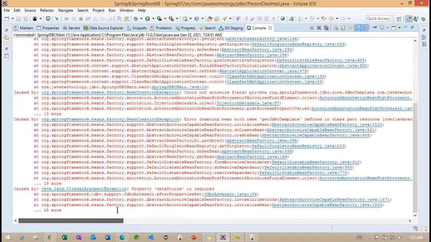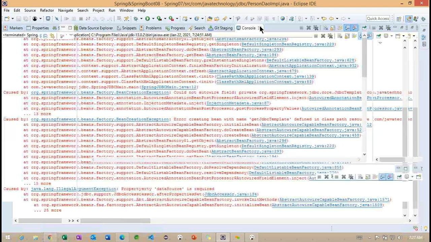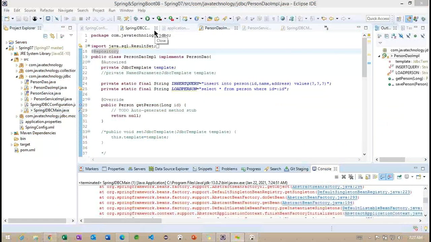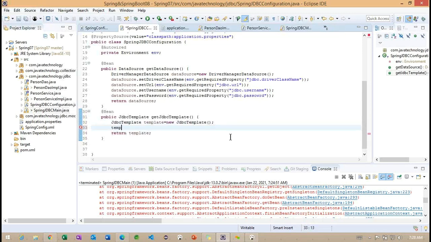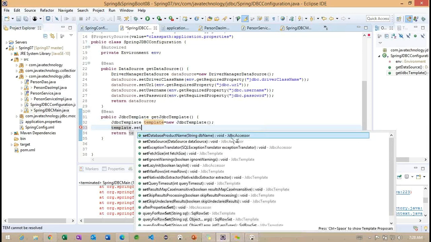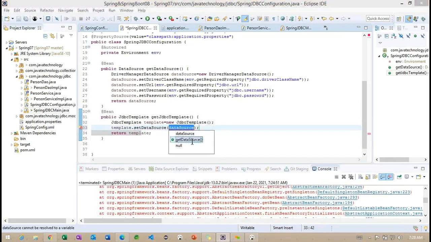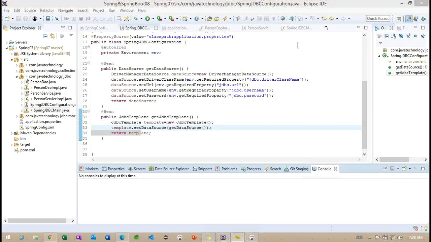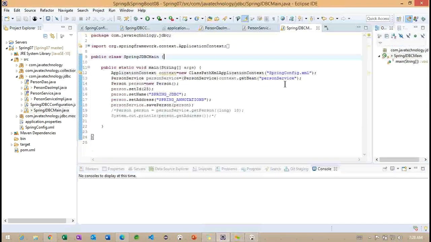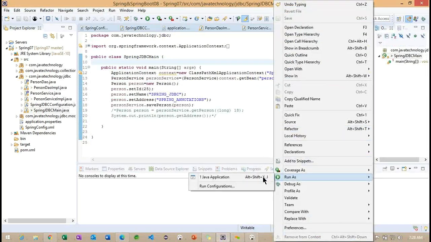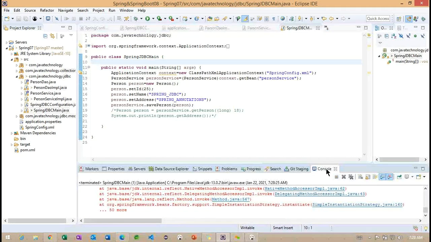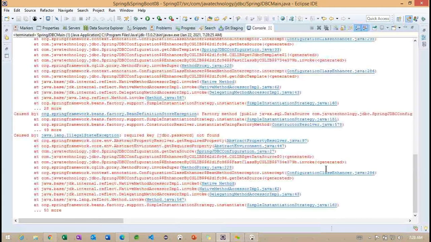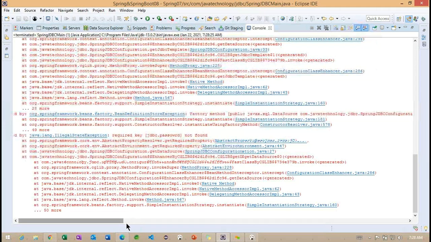Go back to our configuration class. The template settings. Now we see JDBC password not found, so we did not specify the password.